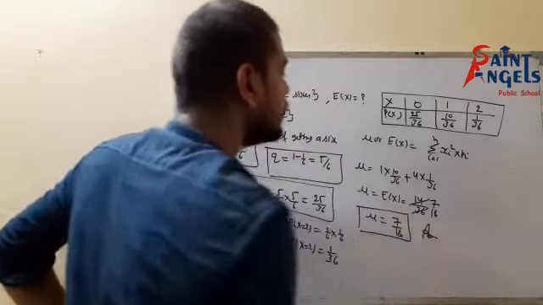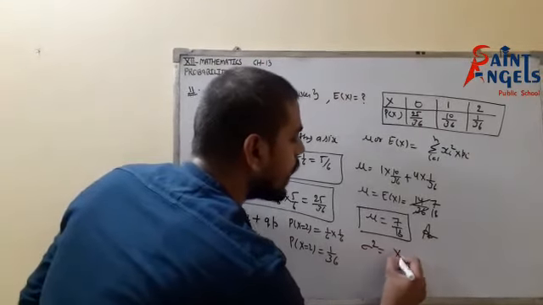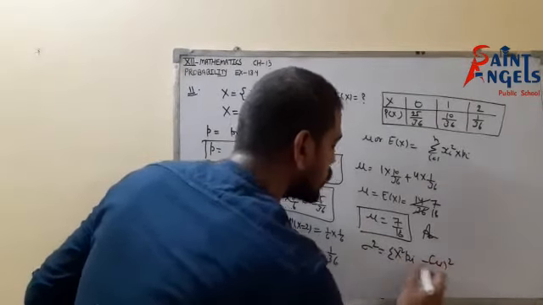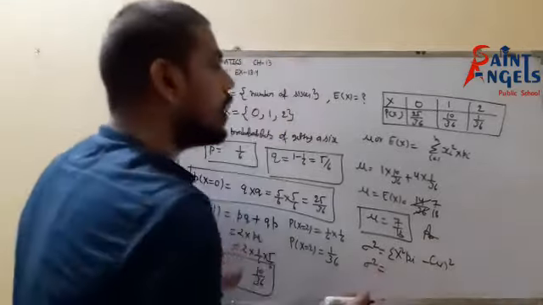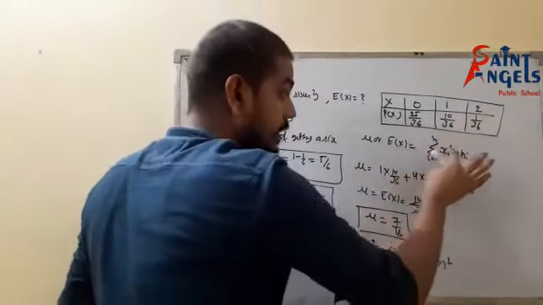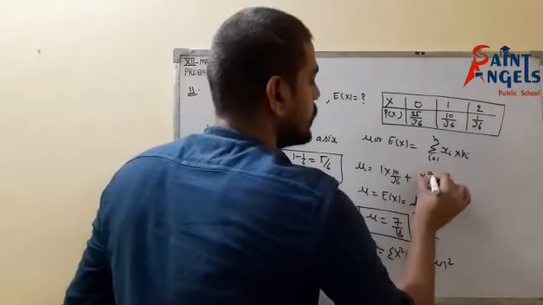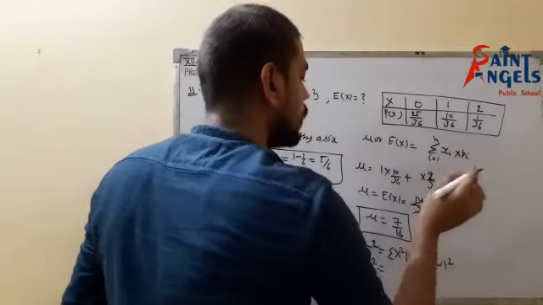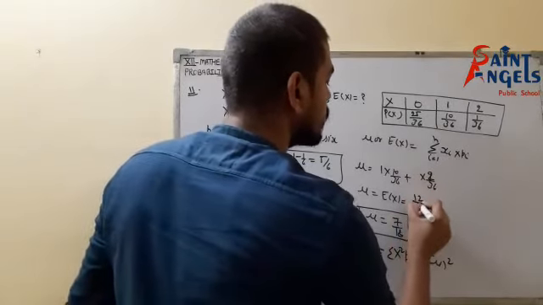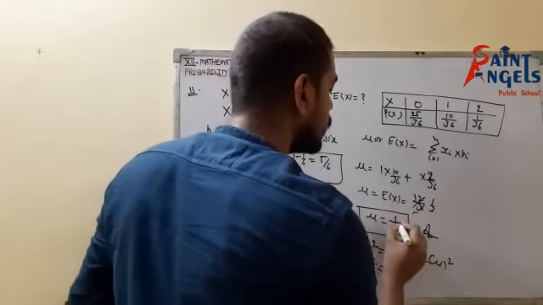If you have to find the variance, that also you can easily find. Sigma square equals the summation of x square pi minus mu square. Here, sorry, for the mean this is only x into pi. So it would be 2 by 36, my mistake. So that would be 12 by 36, which means 1 by 3. Mu is 1 by 3.